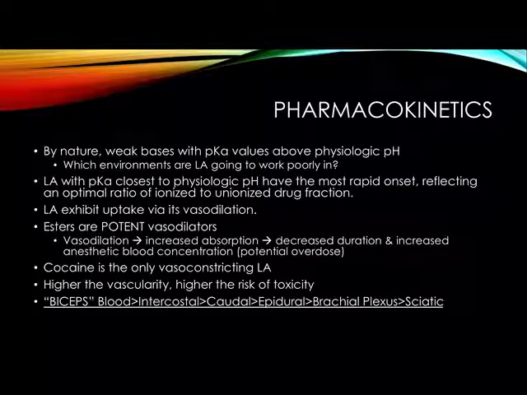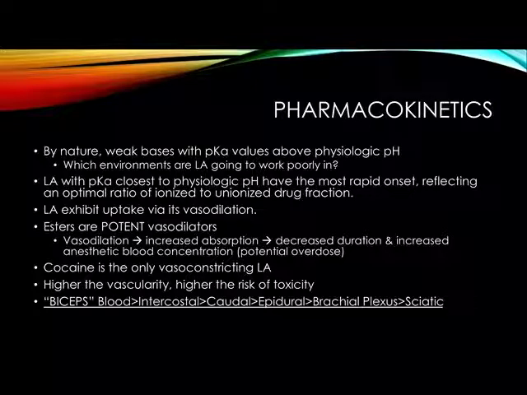Moving along to pharmacokinetics, by nature, local anesthetics are weak bases with pKa values above physiologic pH. Which environments are local anesthetics going to work poorly in? The answer to that is going to be an acidic environment. So in an area of the body where there might be an infection, you wouldn't want to try to inject local anesthetic. More than likely, it's not going to work very well due to that local anesthetic being a